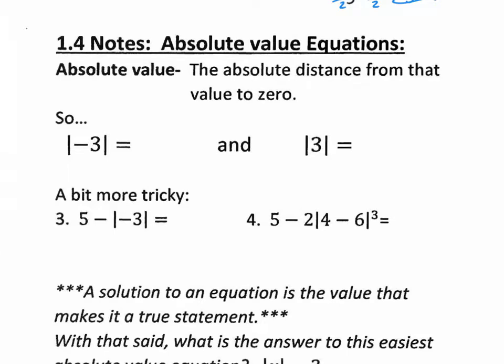All right, so I'm recording this. Notes: absolute value and absolute value equations. All right,